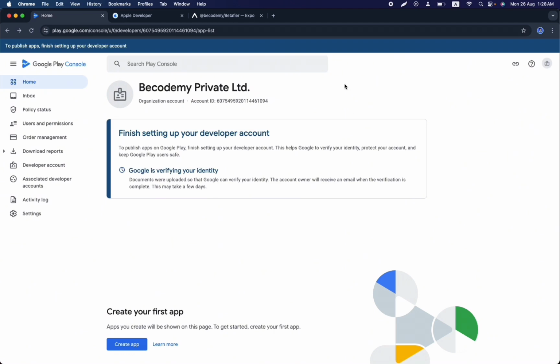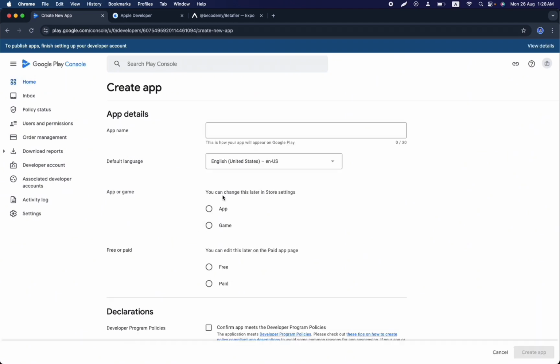As I am creating a business account, Google is asking me for more information, and I already provided all of the information, and they're actually verifying my account information. So it will take some time. You can notice here that this may take a few days. Okay, no problem. So right now we can click this create app, and we can give our app name